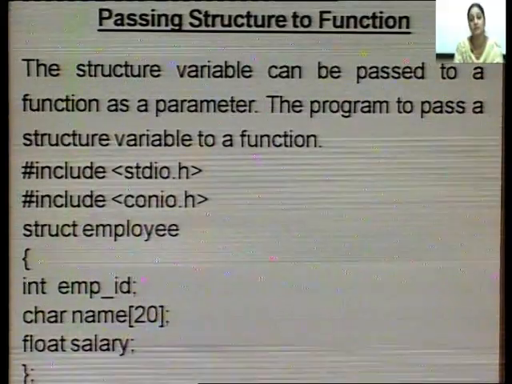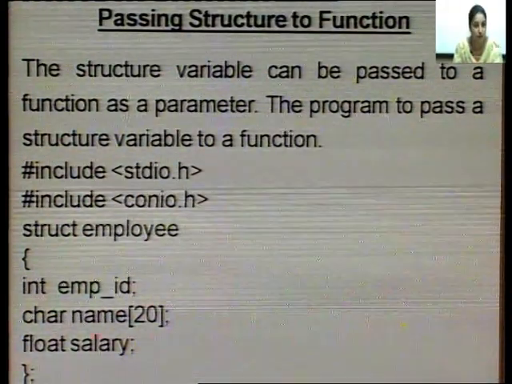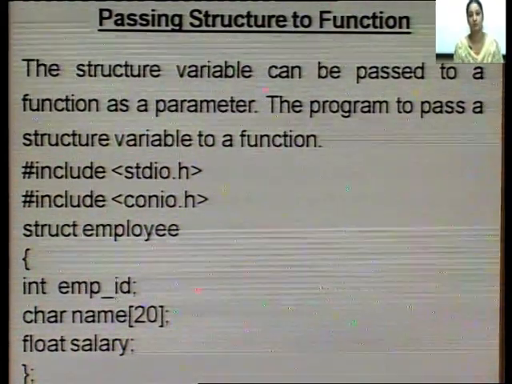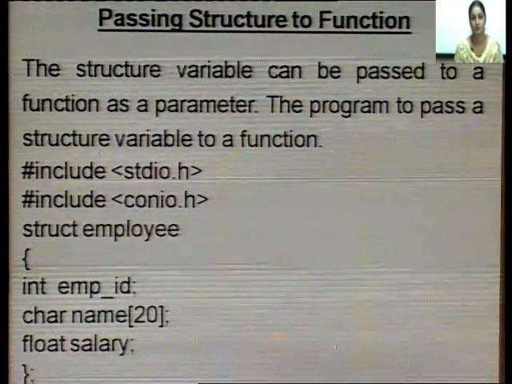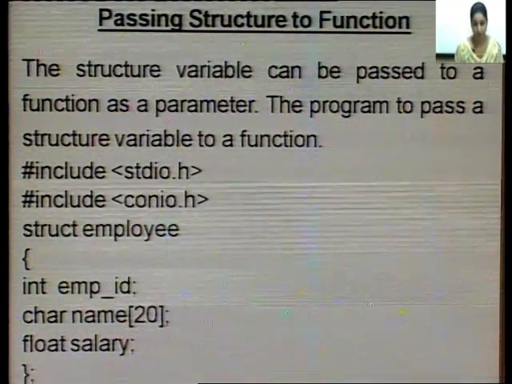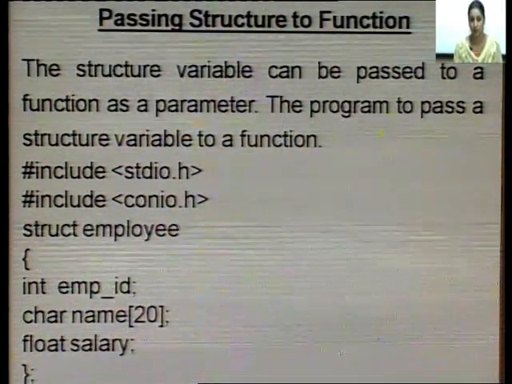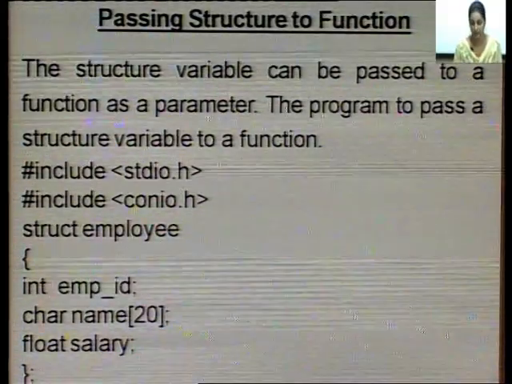Now, passing the structure to the function. If I want to pass the structure to the function, then this method is used. The structure variable can be passed to the function as a parameter. The whole structure variable can be passed to the function. The syntax for that is: here I use the header files first, that is hash include stdio dot